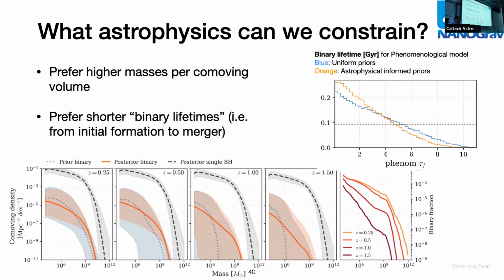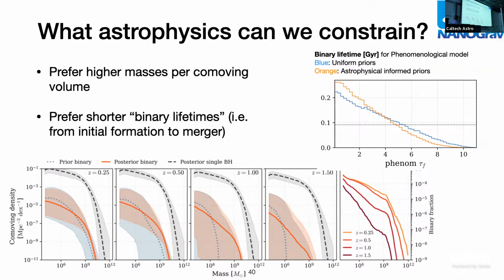So what astrophysics can we actually constrain? In general, we prefer higher masses per co-moving volume and shorter binary lifetimes. And the binary lifetimes in this case mean from when these things become gravitationally bound until they're emitting in our band. So on the x-axis here, we have mass, and on the y-axis, we have density of these binaries per